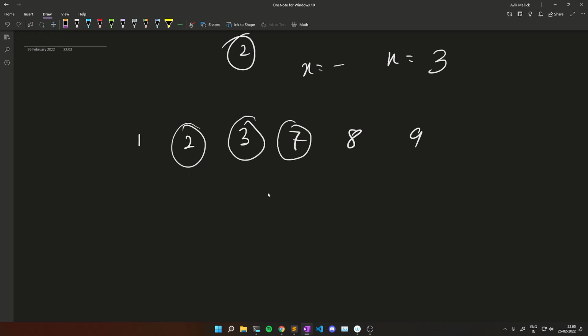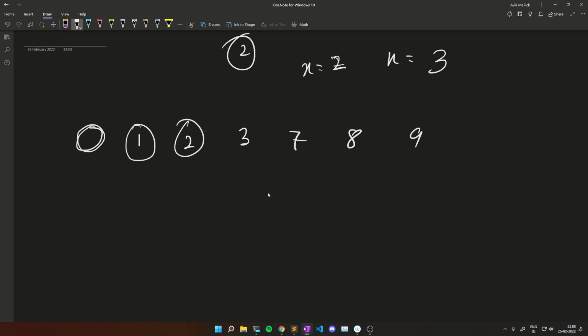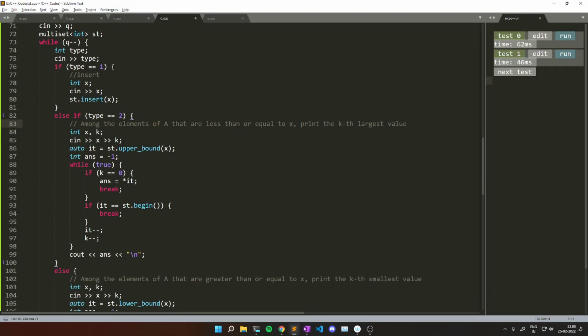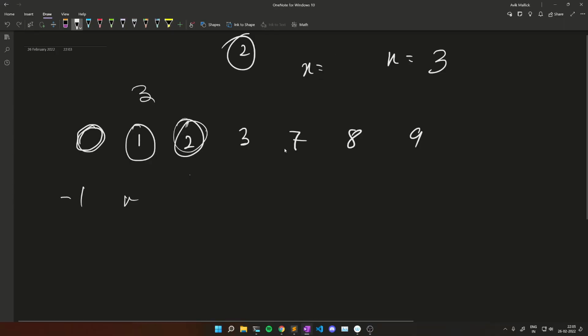Now if my x was 2, in that case my first largest value was 2, the second largest value was 1, but there is no third largest value because there do not exist at least k elements which are less than or equal to 2, because there are only 2 elements but we need at least 3 elements, so in that case we have to print -1. So I take the input and I find the upper bound of x, like if my x was 7,